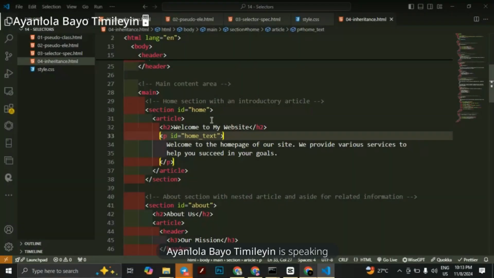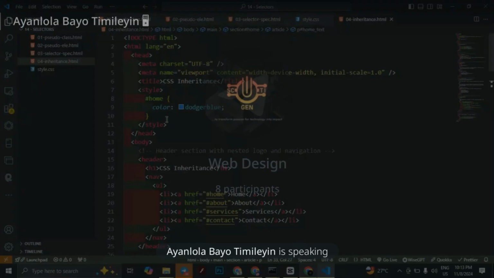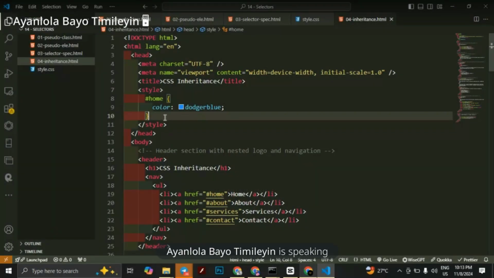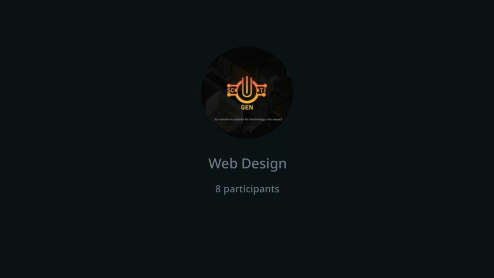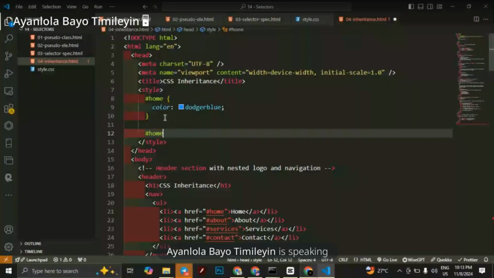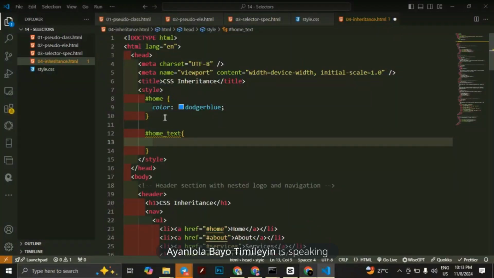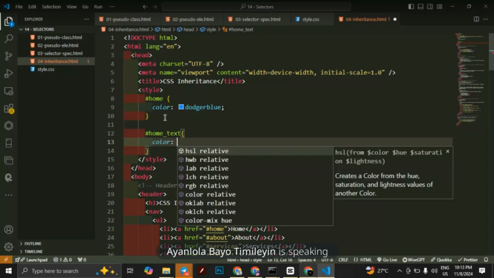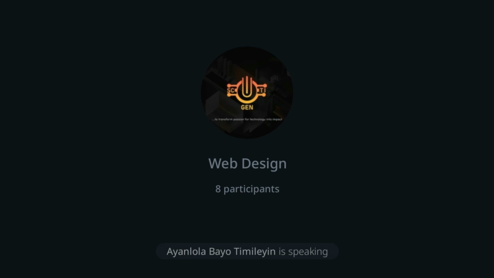Since it's an ID, I'm going to say #home_text. So one thing you can do is override the inherited color by saying I want it to change from Doja blue to maybe red. Save. If I go to the browser